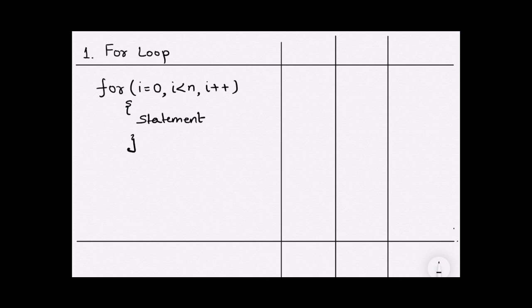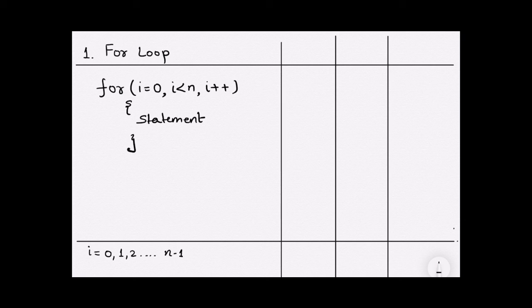Let us consider the following program. The syntax of for loop is as follows. In this for loop, we are taking one statement to understand how to calculate the time complexity. Here, the variable i starts from 0 and increments till i is less than n